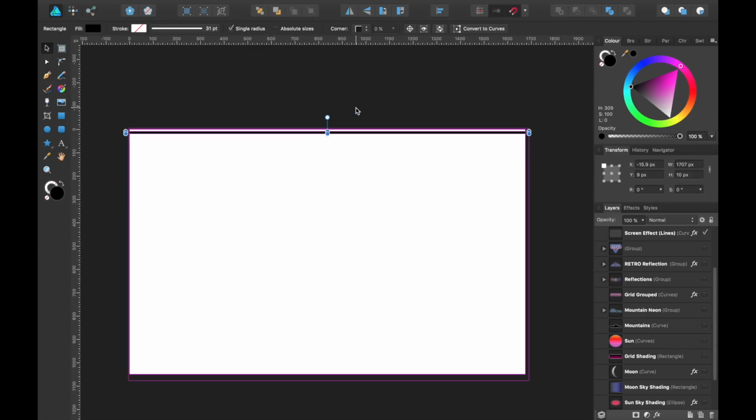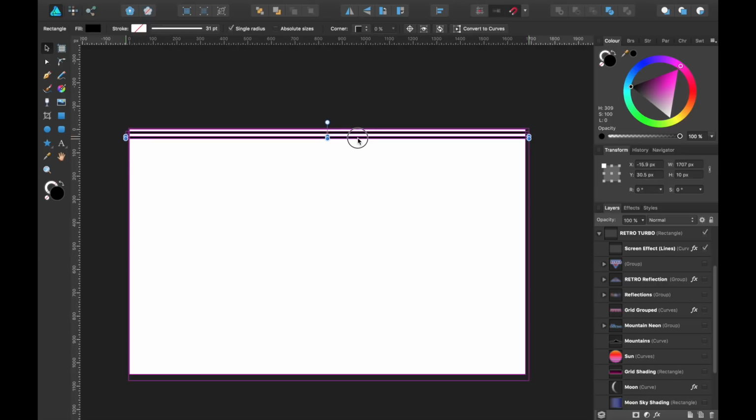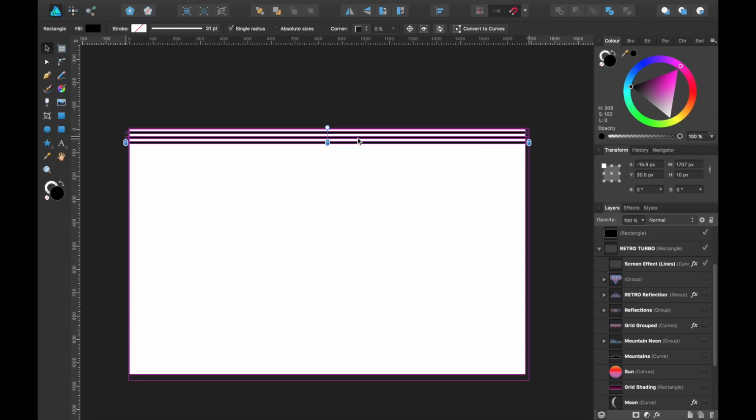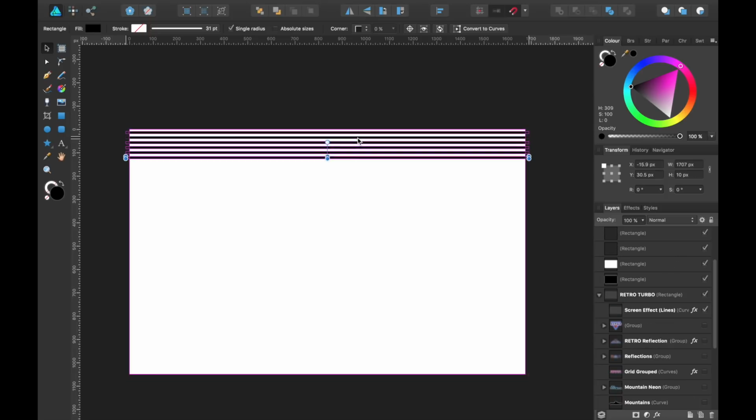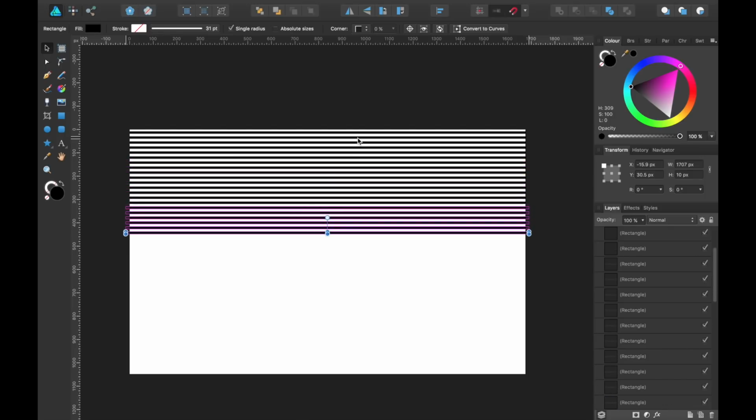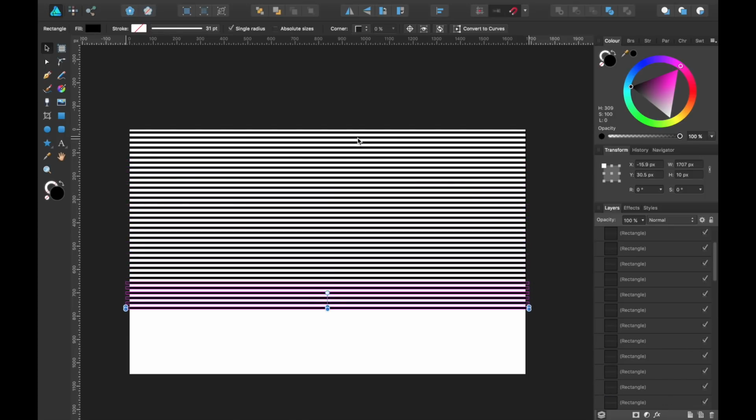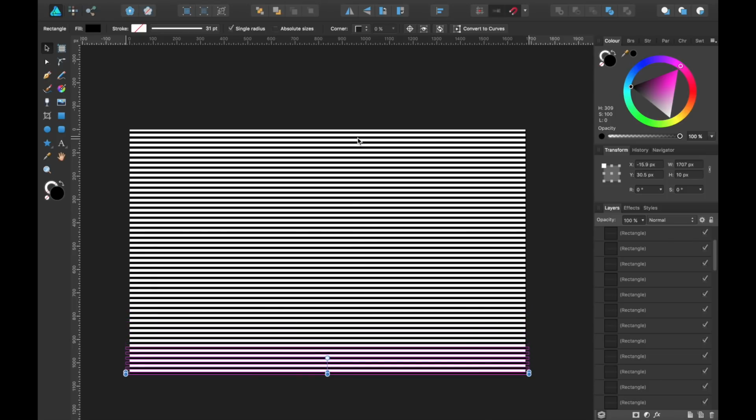So once you've made that first one, I want you to press Command J. This is going to help you to super duplicate it. So once you've done that, now you just drag it down. Okay, now you press Command J again, and it will create exactly the same sequence of steps you've just taken, and it will just repeat that. So if you just keep pressing Command J, it will create lots of layers of this line. Okay, so that's filled the whole page now.